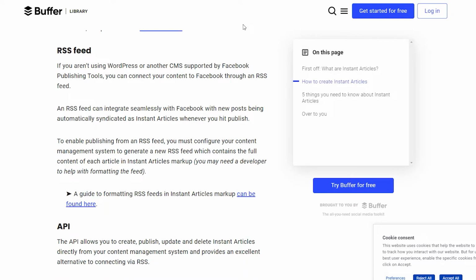RSS feed. If you aren't using WordPress or another CMS supported by Facebook publishing tools, you can connect your content to Facebook through an RSS feed. An RSS feed can integrate seamlessly with Facebook, with new posts being automatically syndicated as Instant Articles wherever you hit publish. To enable publishing from an RSS feed, you must configure your content management system to generate a new RSS feed,